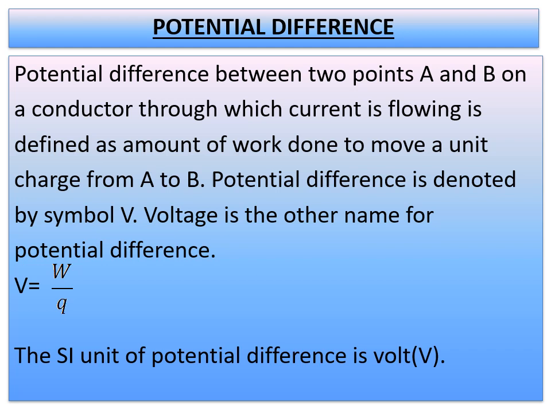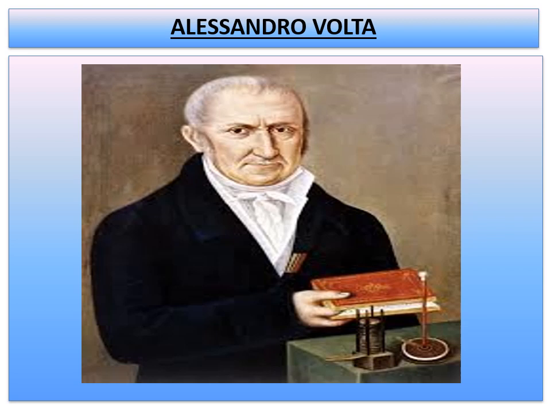Now when you come to the SI unit, the SI unit of potential difference is represented by capital V, volt. So don't get confused, children. We can call it electric potential or electric potential difference. The unit is volt. It is named after the Italian physicist Alessandro Volta, in his name we got the unit for potential difference, that is volt, and it is represented with capital V.